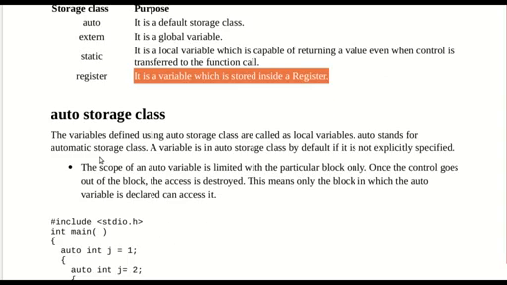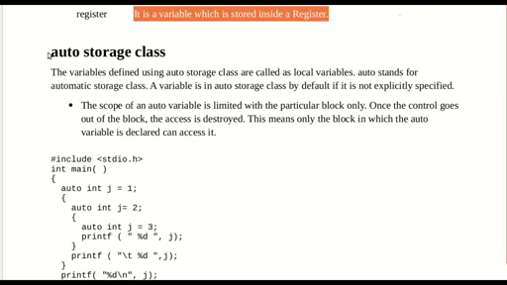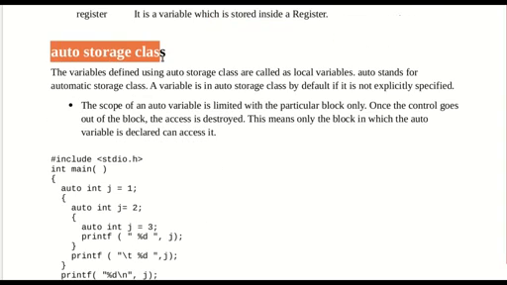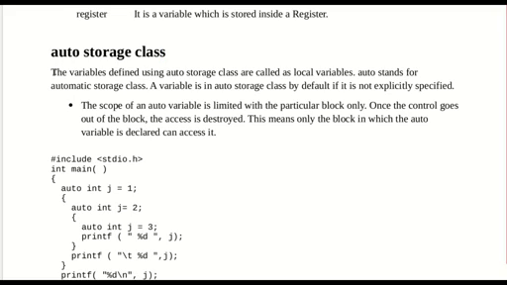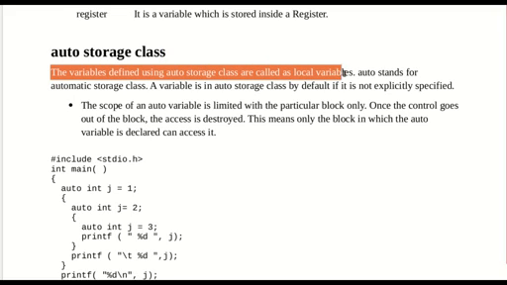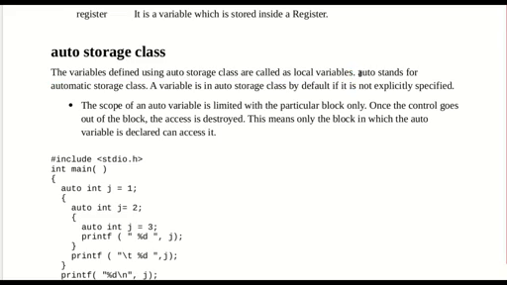The first one is the auto storage class. The variables defined using the auto storage class are called local variables. And this auto stands for automatic storage class. So a variable is in the auto storage class by default if it is not explicitly specified. And coming to the scope of the auto storage class, the scope of an auto variable is limited to